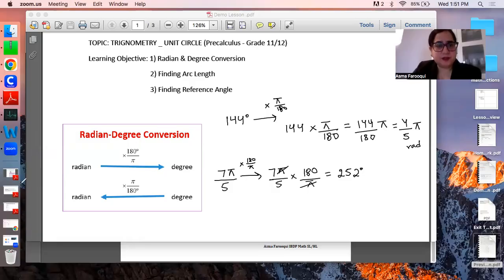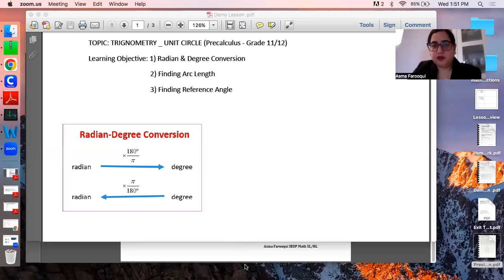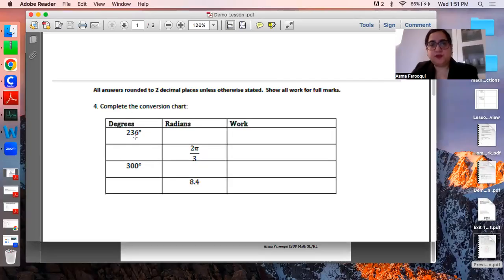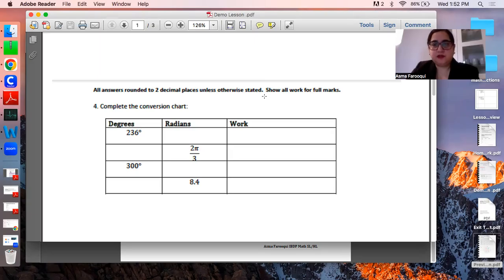After showing this example, we're going to check students' understanding and move on to a question. This one is a chart which has degrees, radians, and working. So I would give 5 minutes to the students here to work independently and complete this table. Also help them in between if they need any help. So they can do it by themselves. It's a pretty simple one. And then moving on to the next